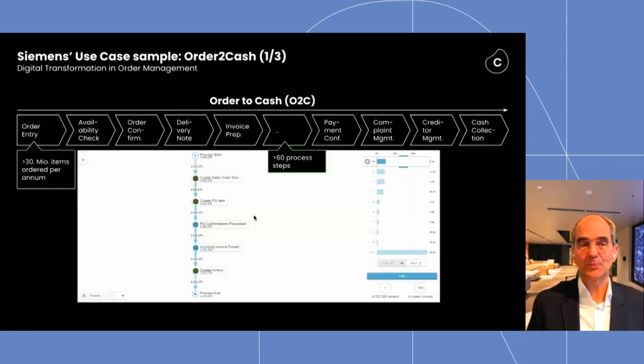Let's have a look at a specific case here, how Celonis has been applied. Let's take the sample of order to cash. So the process where Siemens looks at the customer order entry till cash collection, and a very similar process as any company would have around the world. At Siemens, we looked into 30 million items ordered per year. We looked into those items processed across more than 60 process steps and across more than 40 different transactional systems,